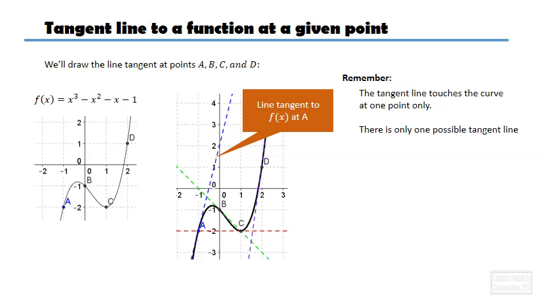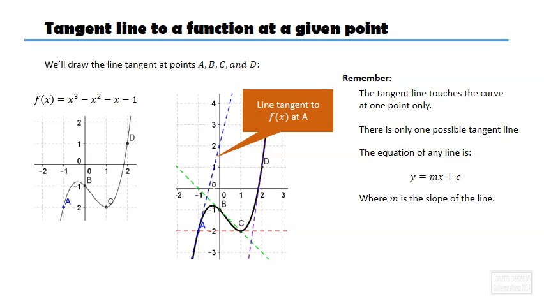Second thing, there's only one possible tangent line. And finally, it's a line, right? So if it's a line, the equation of the line is going to look like this. We've seen hundreds of these before, right? Great. So m is the slope of the line,